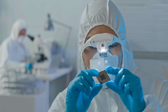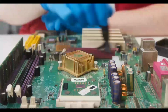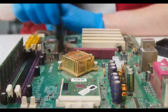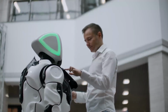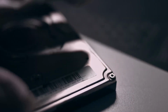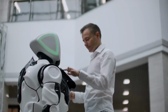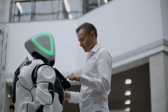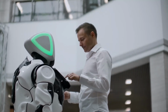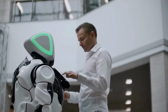Let's kick things off by taking a closer look at what the AMD Ryzen 7 9800X3D brings to the table. This processor is based on AMD's advanced Zen 5 architecture, which is designed to push the boundaries of gaming performance even further. One of the standout features here is the integration of AMD's second-generation 3D V-Cache technology. This innovation gives the processor a much larger cache, which essentially allows it to store more data closer to the CPU cores. Why does that matter? Well, for gamers, it means faster data access and reduced latency, leading to smoother gameplay and potentially higher frame rates